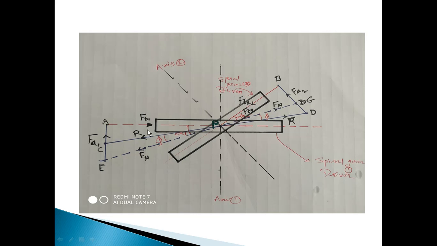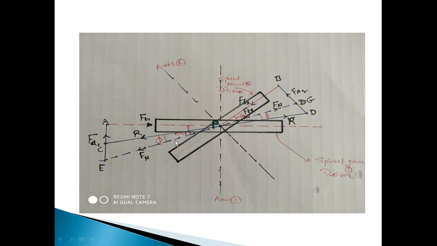The tangential force is not the only force acting on the gear. Along with that, there is an axial force for gear number 1 and gear number 2. This axial force and tangential force give the resultant force, which is the summation of the tangential force and axial force. This resultant force always makes an angle of phi, the frictional angle, with the normal force, along the line of action of the normal force.